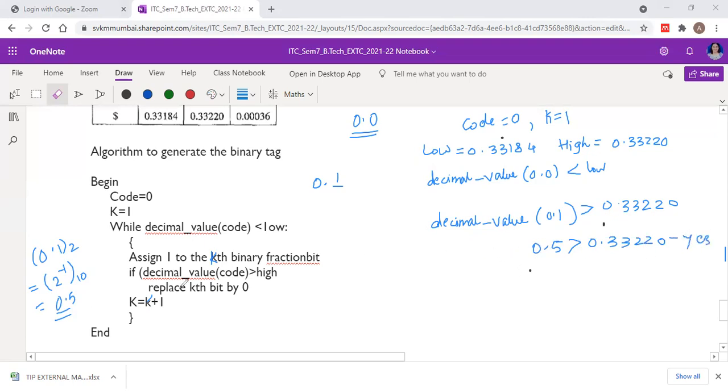Hence, we replace the Kth bit by 0. Look at the statement here: we replace the Kth bit by 0. So instead of taking this as 1, I will take it as 0.